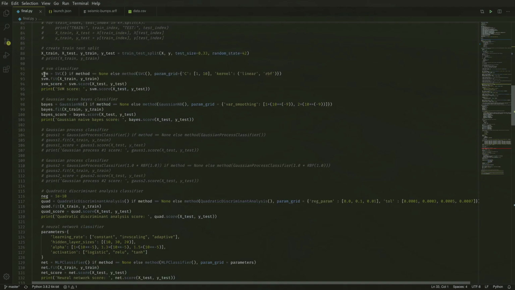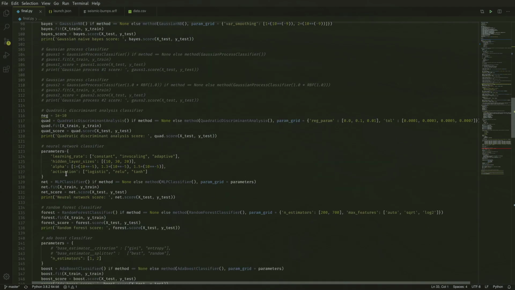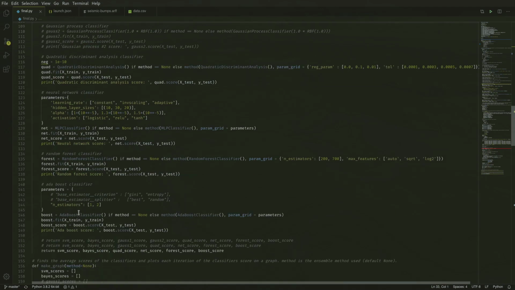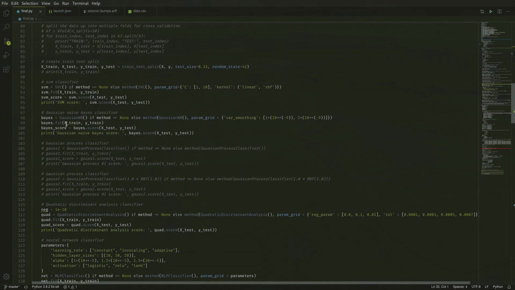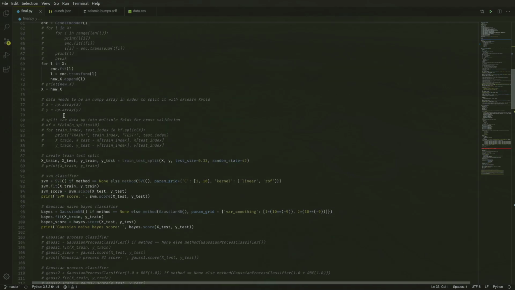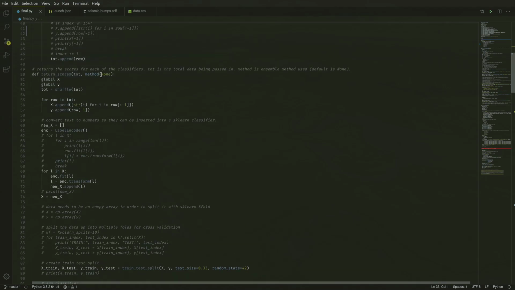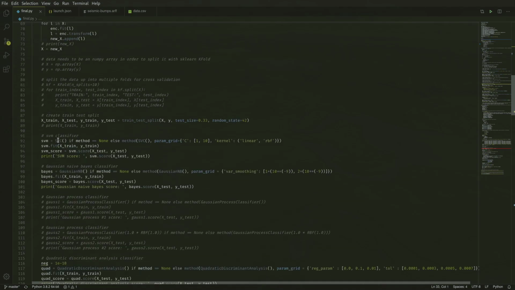These are just all of them, and then the parameters are for the grid search. So I'm not going to go over every single one of them because they're just classifiers. They're pretty simple. But basically I'm going to use this one as an example. And basically how it works is, if I'm not using a different kind of method like bagging or boosting or grid search, which is what I was using, then it's just going to use the default hyperparameters